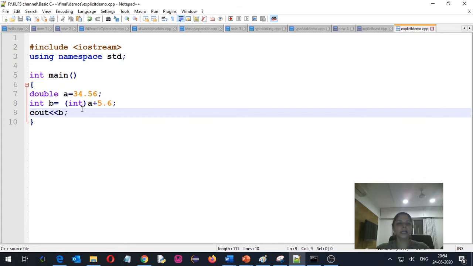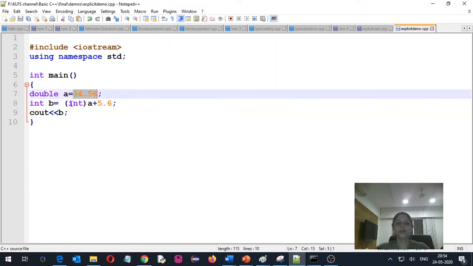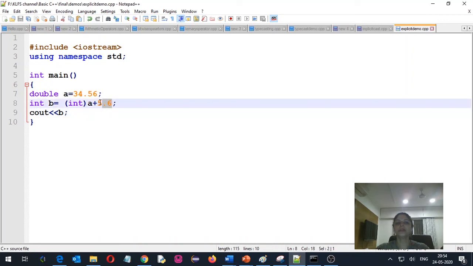I'm not getting any error. So here what will happen is this 34 will get converted into an integer and it will remove the fraction portion of it. Similarly, here from 5.6 I'm losing 0.6. So implicit typecasting into integer is happening in one place, and explicit typecasting is happening in the other.